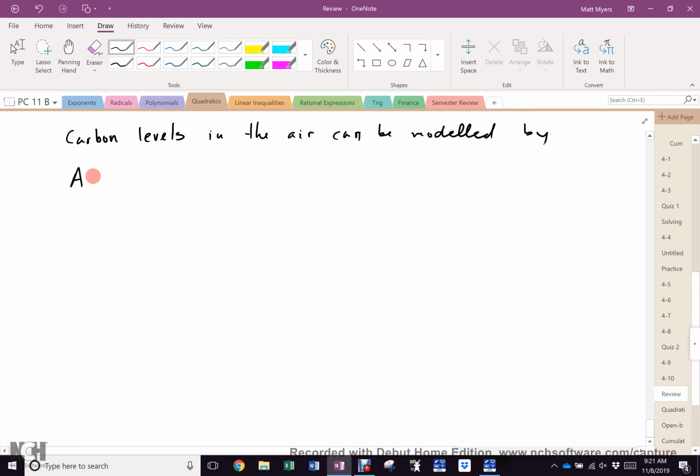A of T, carbon levels, which are A, are a function of time, yes? The longer we are pumping carbon into the air, the higher the levels of carbon will be. 0.3 T squared plus 0.1 T plus 4.2. Okay, that's the equation. So the types of questions I could ask with that are